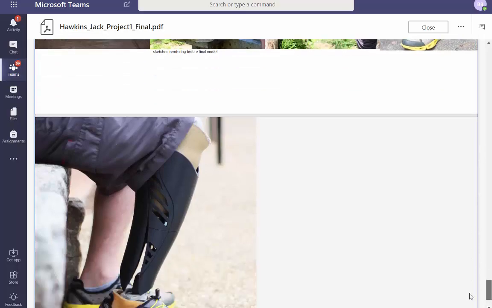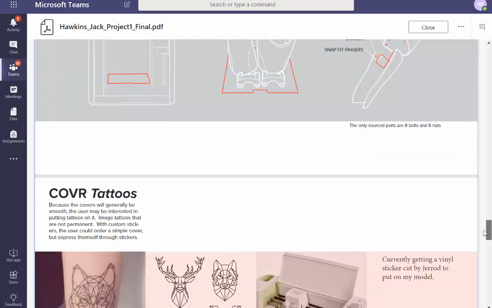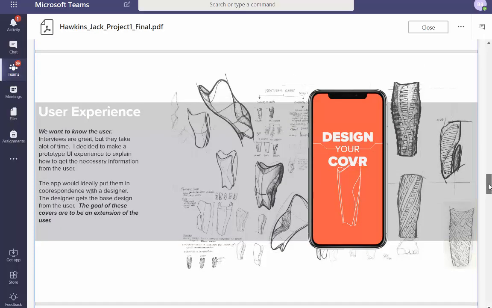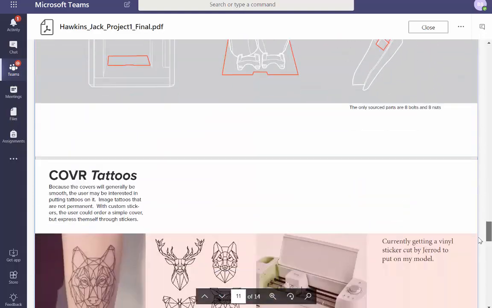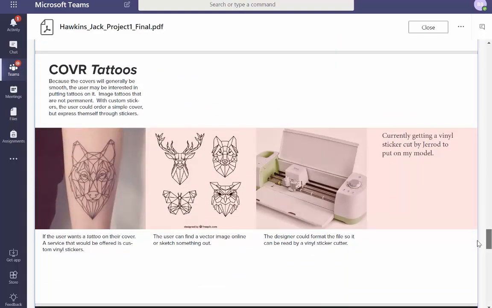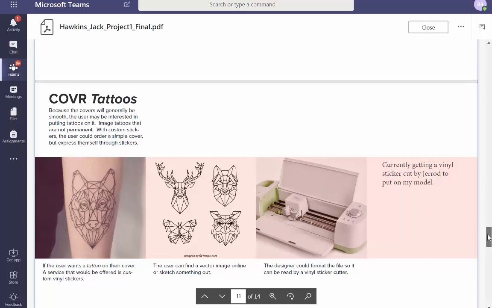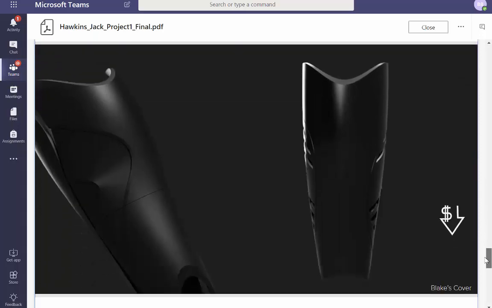Okay. Tattoos makes no sense. Because the entire time you've been talking about the form of it, I mean, even this talks about making different forms for different personalities, right? And then you throw in a tattoo. That's one of the graphic design elements, which you could change constantly. It's more like a surface application. Why in the world would you currently get a vinyl sticker? Okay, but I felt like we were talking about geometry, and then you go to a surface application.